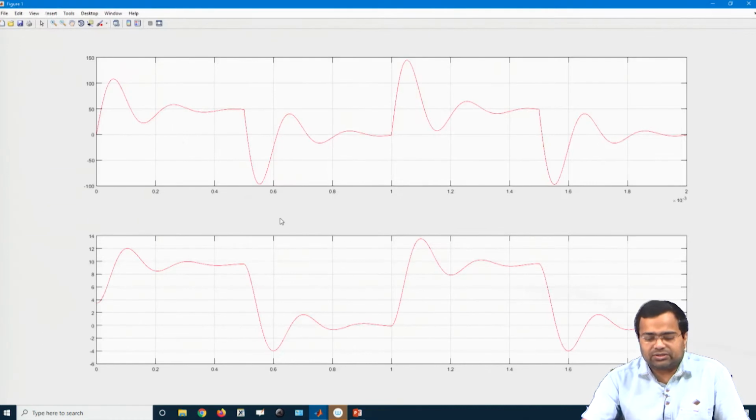So, this is what is shown, and again we can connect all the axes.